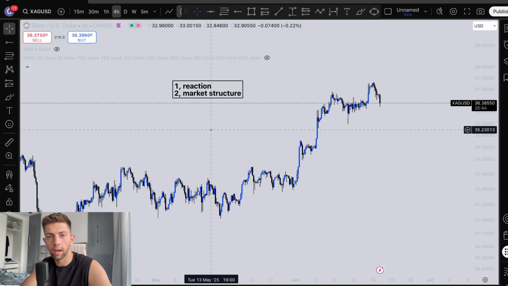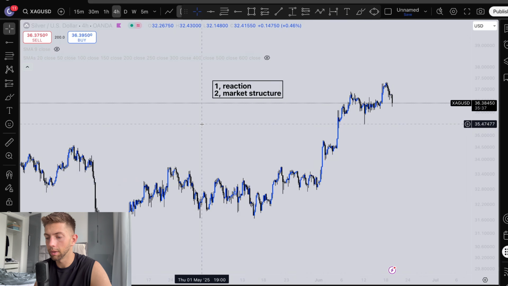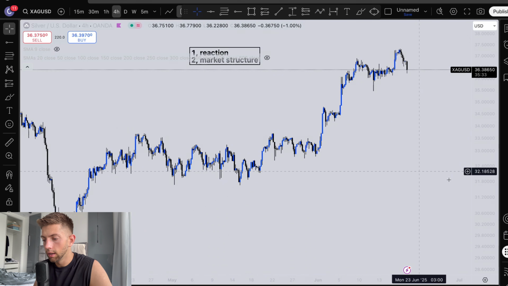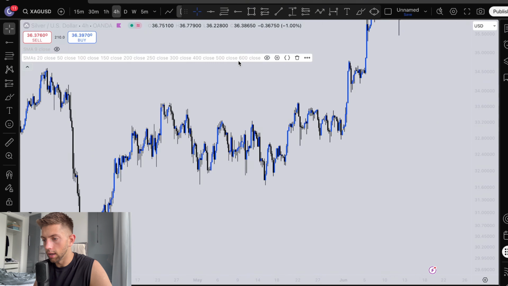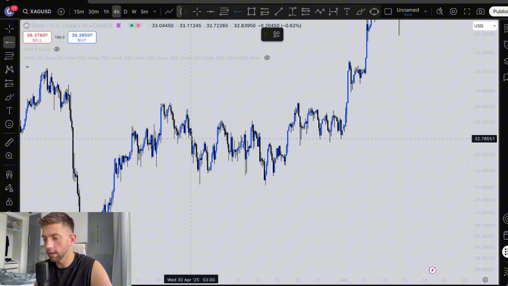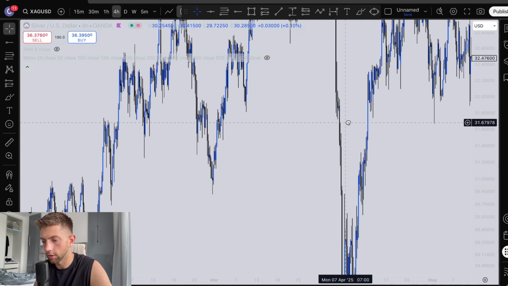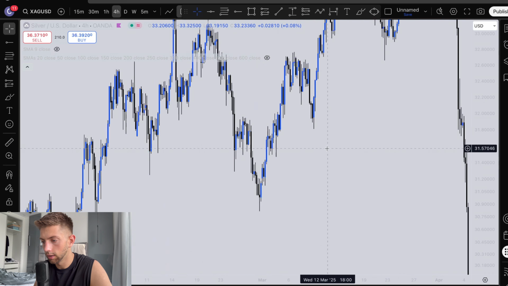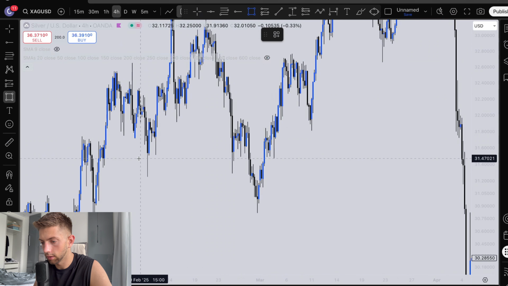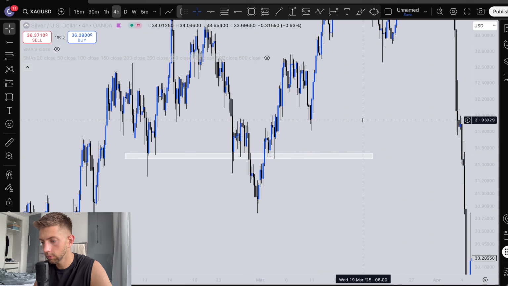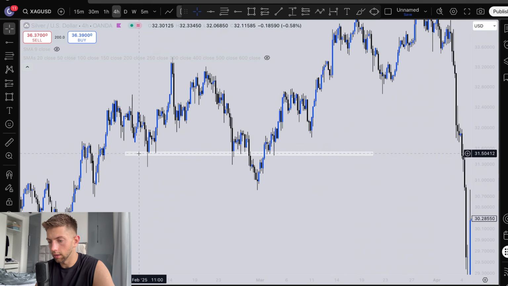The stronger the reaction I get from that specific level, the bigger value that level has for me. Which means let's go on a silver chart and let's see. Let's say I'm going to draw a support level, this is a range, like this. If you can see this zone,